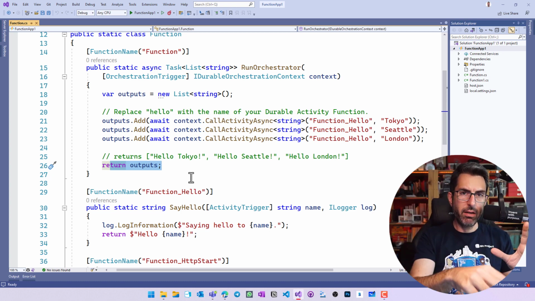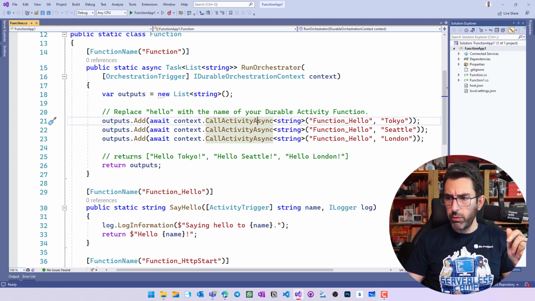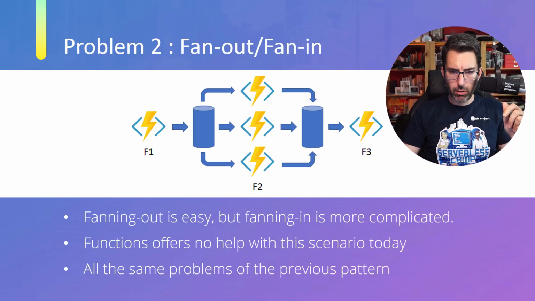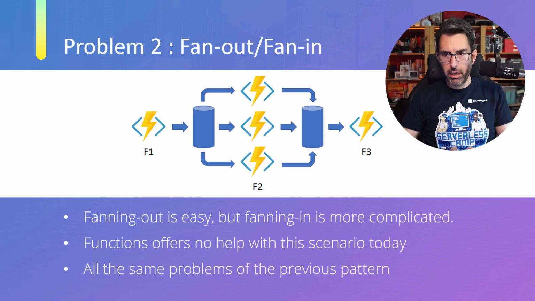And while it is waiting for the other function, it is not actively waiting, it's passively waiting. It's sleeping. So we are not paying for the amount of compute resources being used. When we jump into this particular scenario, the fan out, fan in scenario, instead of the function chaining scenario,